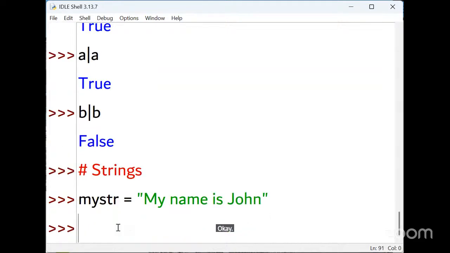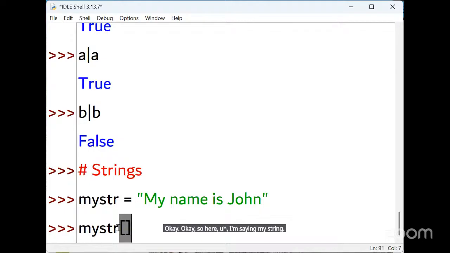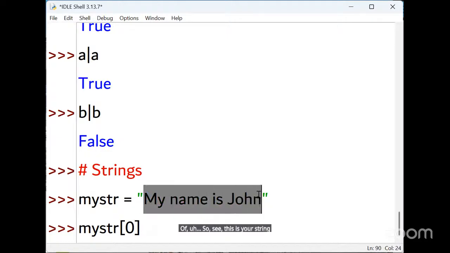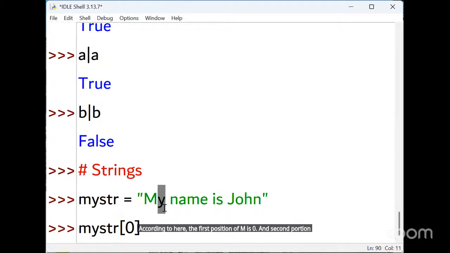Okay. So here I'm saying my string of 0. See, this is your string: "My name is John." According to this, the first position, M, is 0 and the second position, Y, is 1. Always it will start from 0.